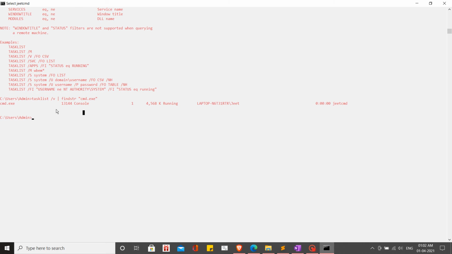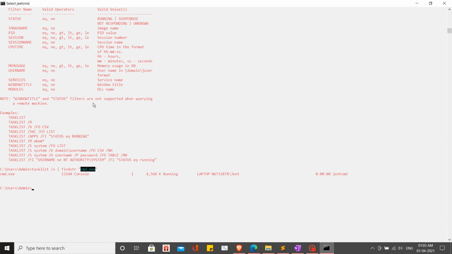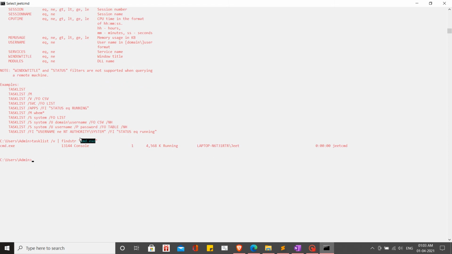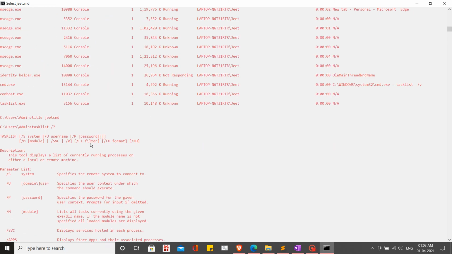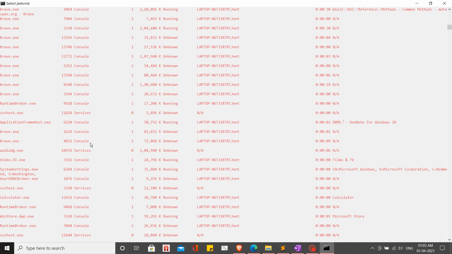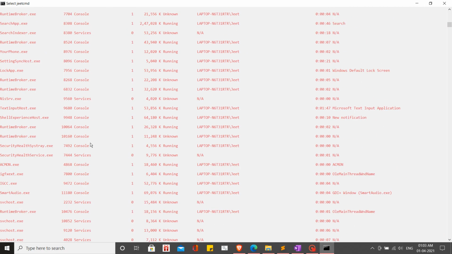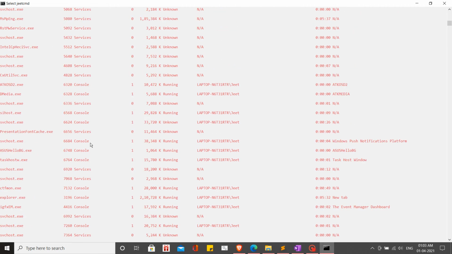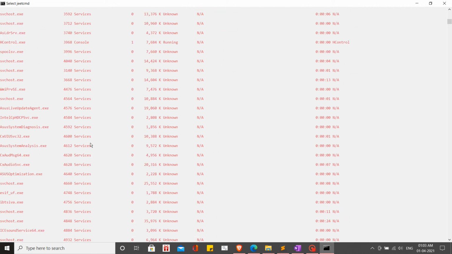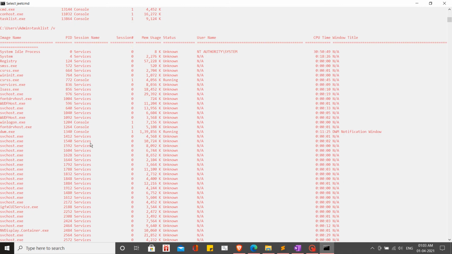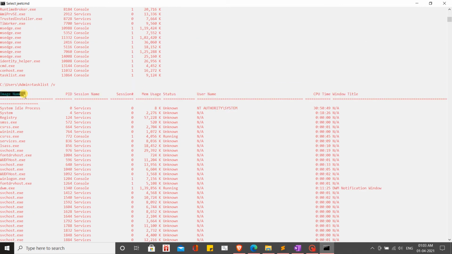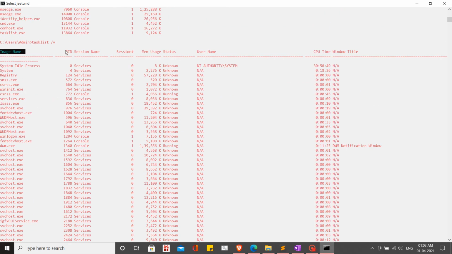So for now, we were able to browse it by the application name, right? Or basically you can say the image name, I guess. That's what it is called. If we just go up and see, this extension with .exe, or any sort of extension, is called the image name only. I guess yes, I was correct, it is called image name. And you can see every other name.